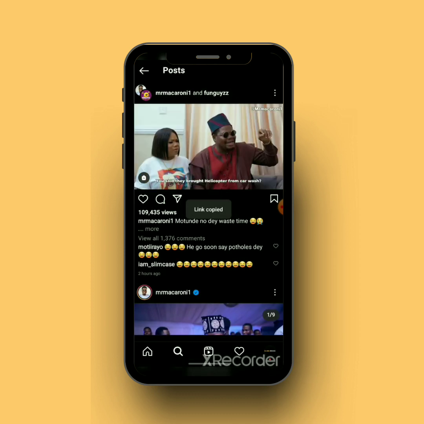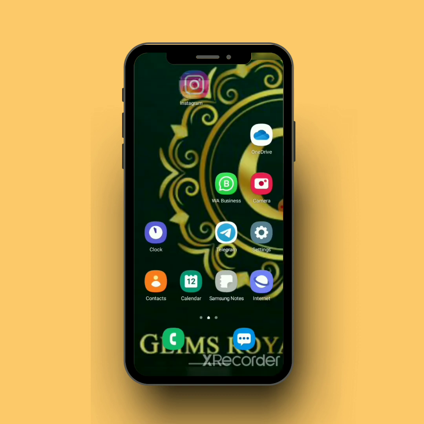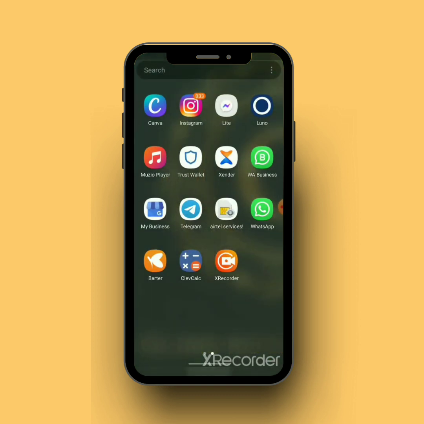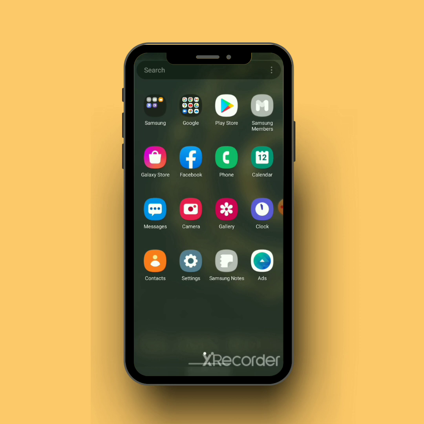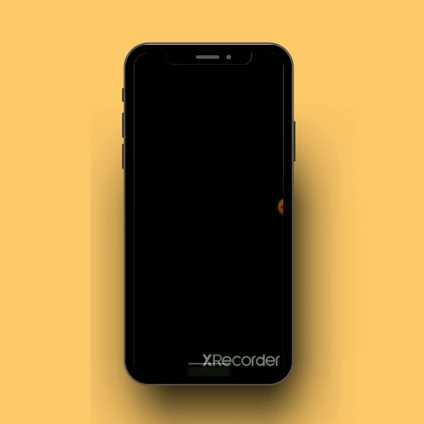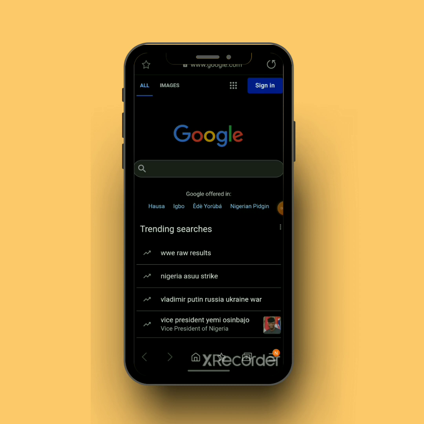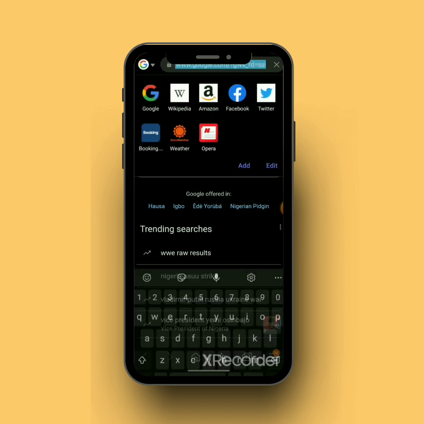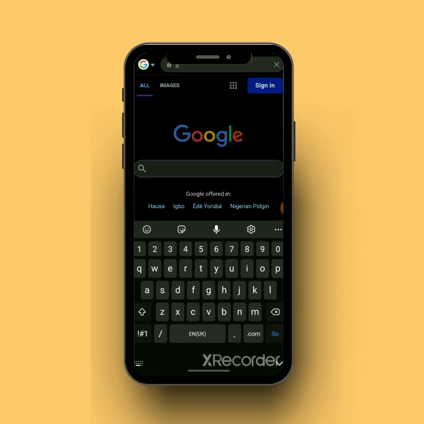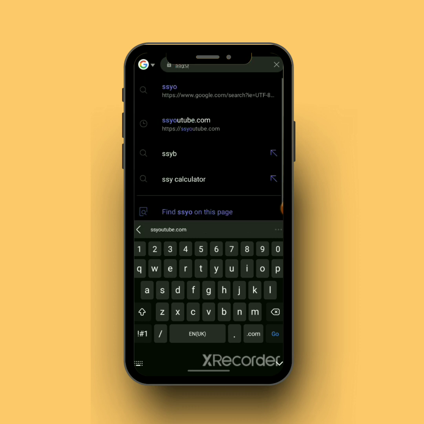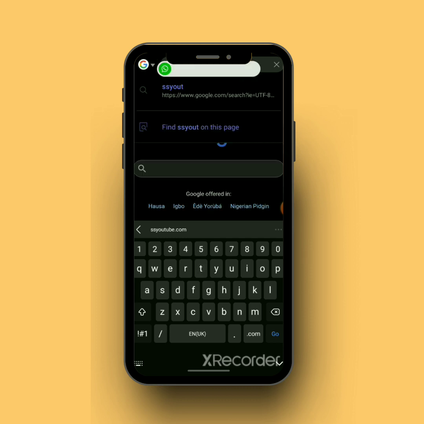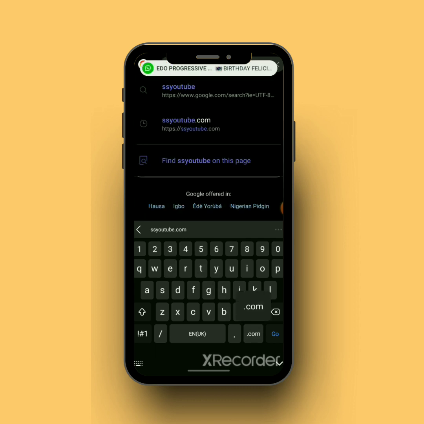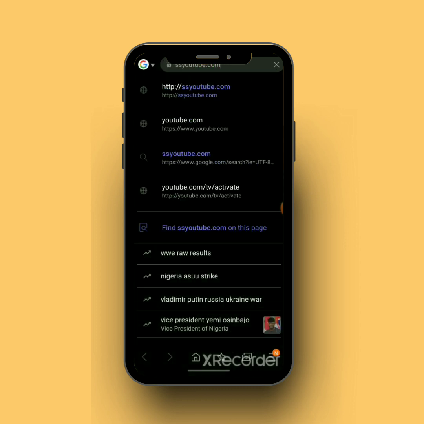So once you click on copy link, you now go to your Chrome browser or your phone browser. Anyone can go to internet. Alright, so guys, you're going to go to your phone browser and then you now search for SS YouTube. You look for this website, ssyoutube.com. I believe you can see that now, ssyoutube.com. So once you click on go,